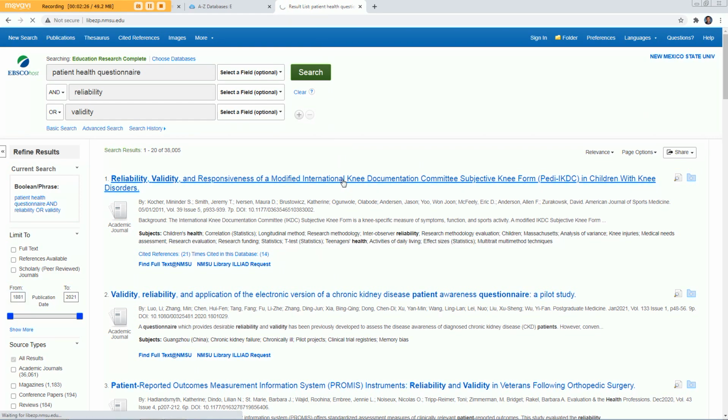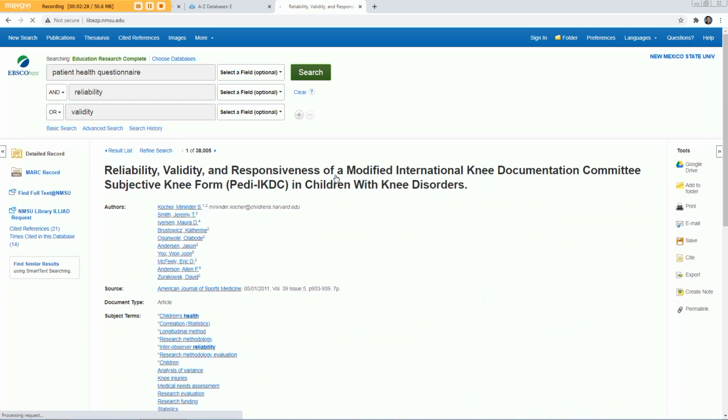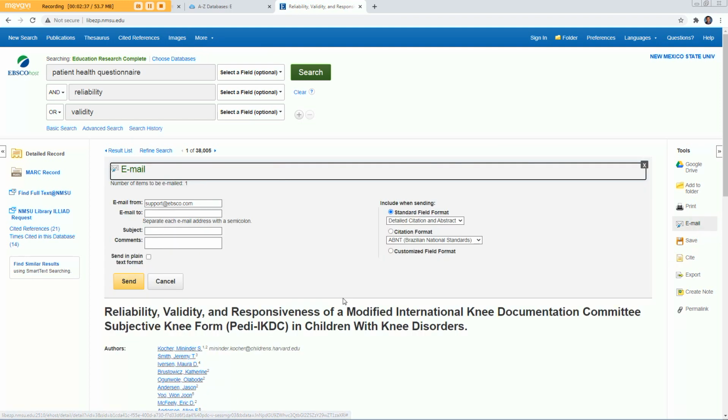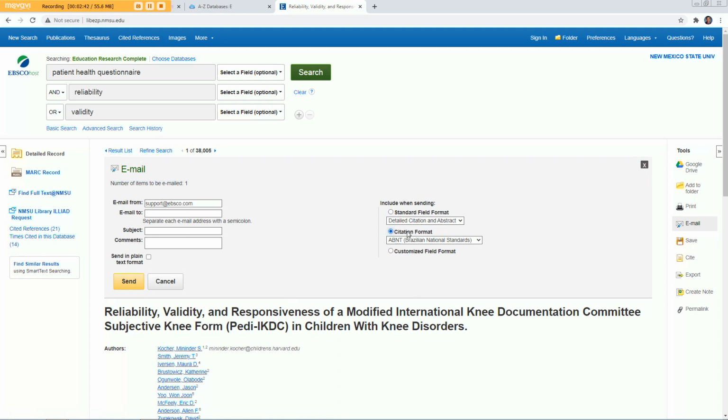Some of the subtle differences when you click on these articles is there are still ways that you can get the citation generated for you, but for the individual databases, you want to email them to yourself. So if you click email, put your email in this box over here, and make sure you change the citation format to APA, then say send, it'll send you an email of the citation. And for me, the same guidelines apply. Oftentimes there's going to be subtle errors in the citations, but it's usually a helpful way to get started. Okay, so I'll go back to